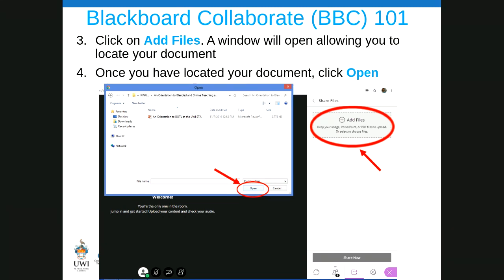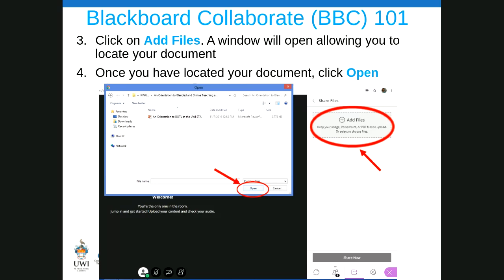Another way might be just to drag the document from whatever folder you have it in into that circle on the right side. I tend to use that method because it's a little faster. You can drag it into that little place where the circle is that I highlighted for you, or you can click on Add Files, locate your file, and then click Open.